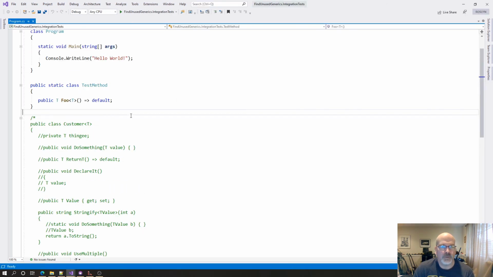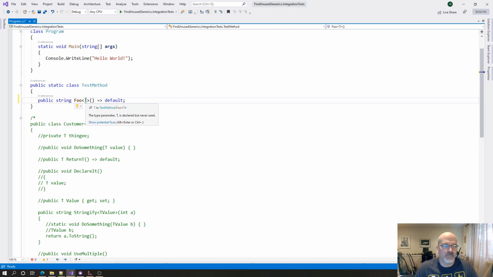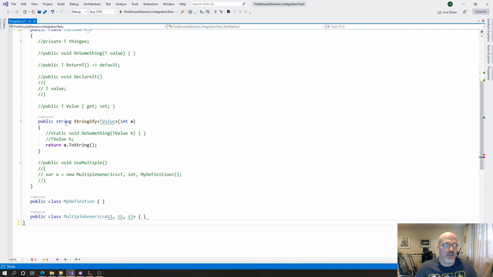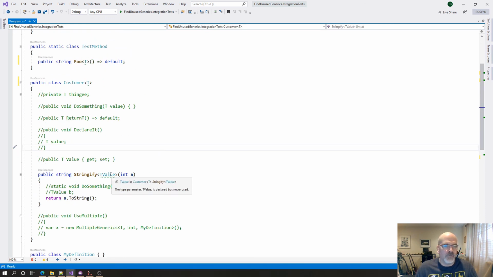Okay, so hopefully this will now tell me that... Well, it shouldn't error here. It shouldn't flag it, okay? But now if I say string here, yep, now we get the problem. Okay, and now if I do this, and I come down here and I do that, t-value is also there, but now if I say t-value, at least that's going to go away, but now we have a,